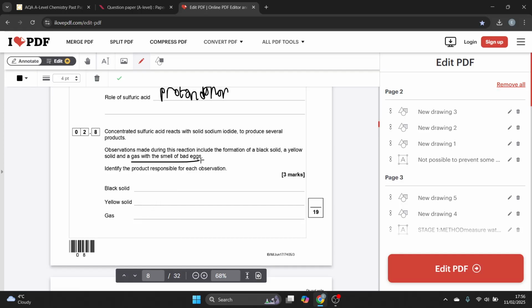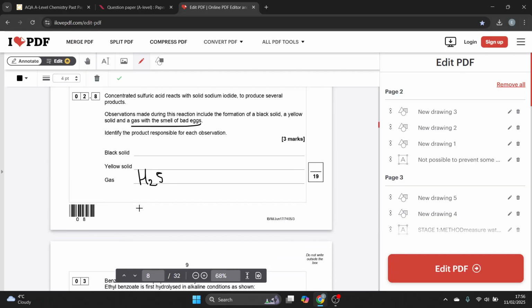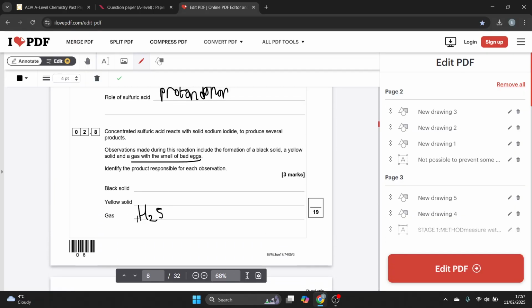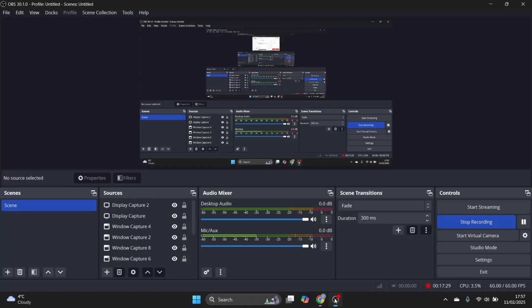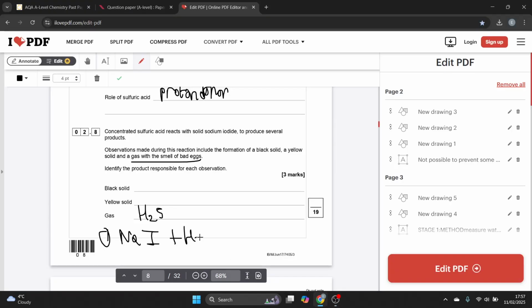Now I know already, because you do need to know these reactions, that's H2S, the yellow solid and the black solid. So with concentrated sulfuric acid with solid sodium iodide, I'm going to go through the equation so you guys know what I'm going on about. It first starts with sodium iodide plus H2SO4, and what you form is NaHSO4 plus HI, right? Then you've got 2HI plus H2SO4 to form